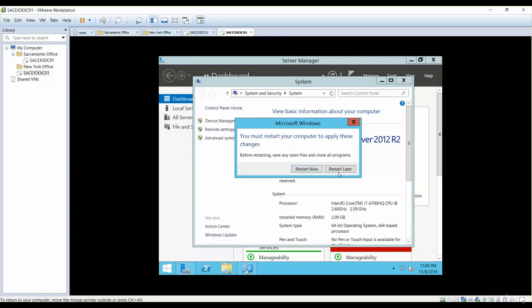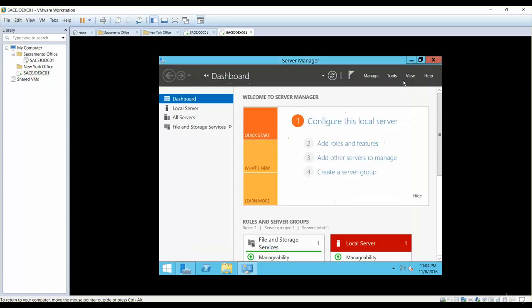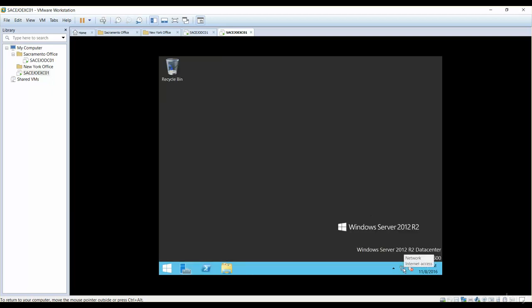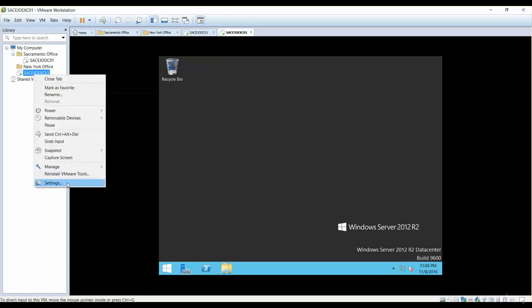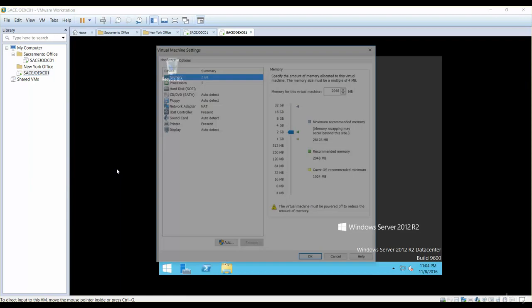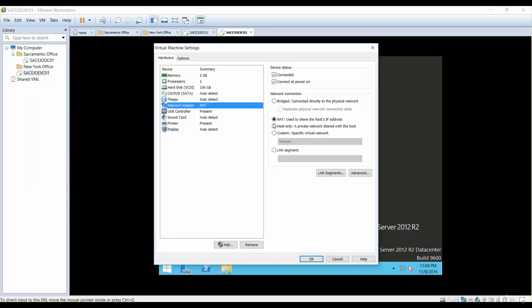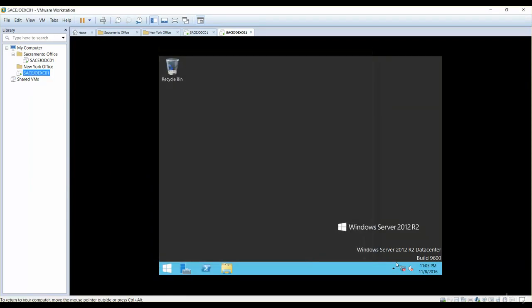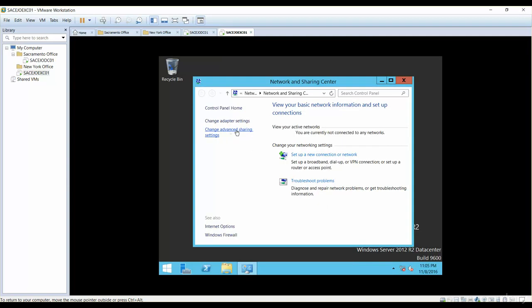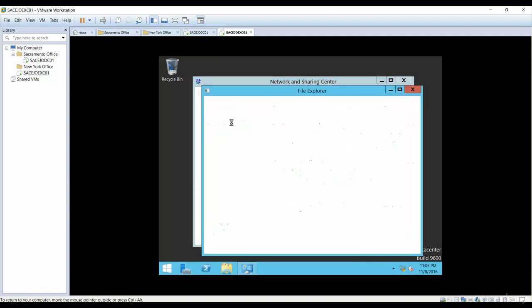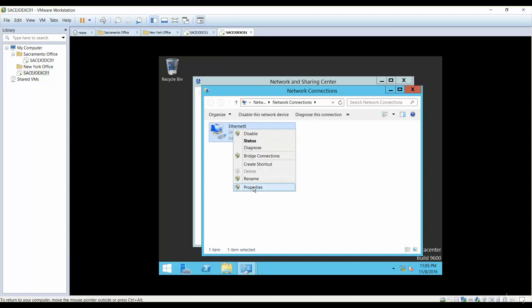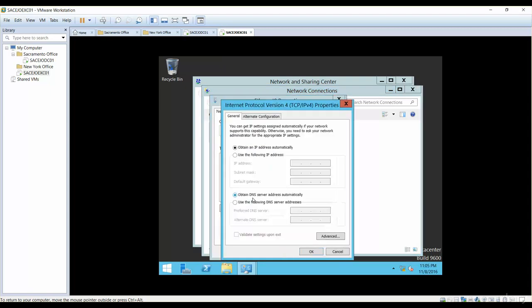Okay, close, restart later, because I'm going to complete the lab. And as you can see, it is network address translation, NAT again. So what we are gonna do is the same process that we did with our domain controller. We will make it host only first, and after making it host only, I'll go to Network and Sharing Center, change adapter settings, then right click, properties, and then TCP/IP version 4, and based on our lab it